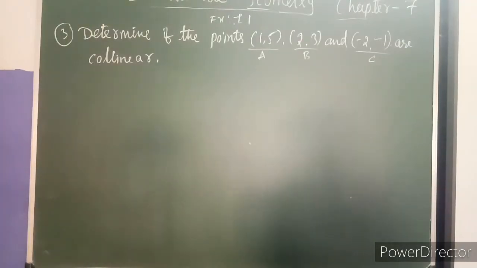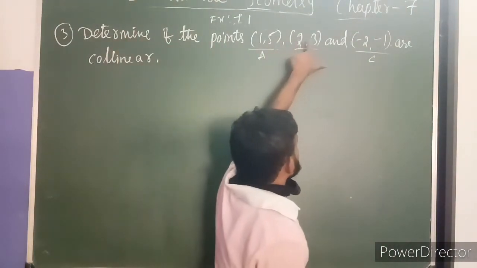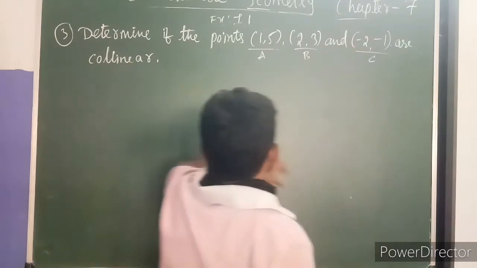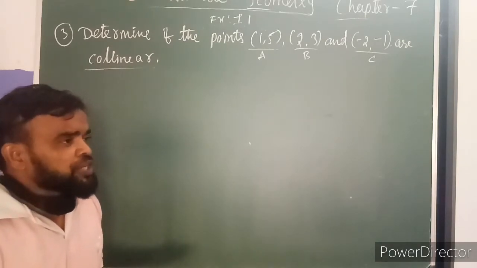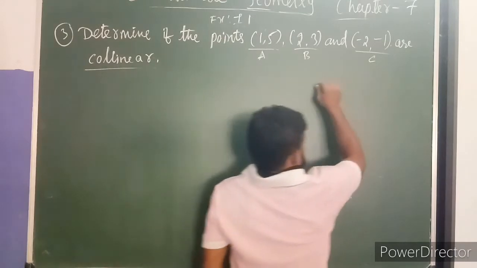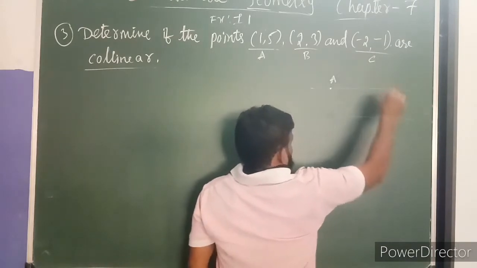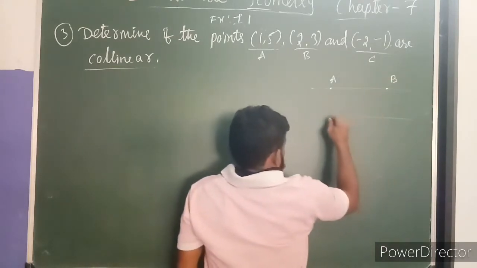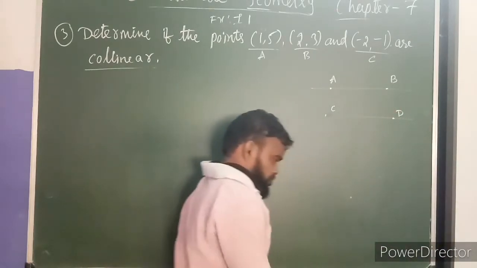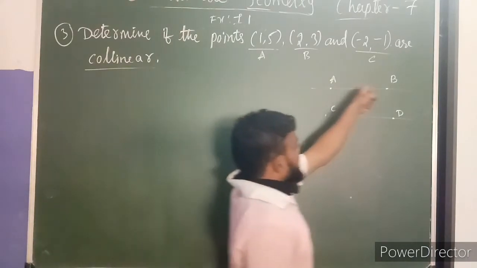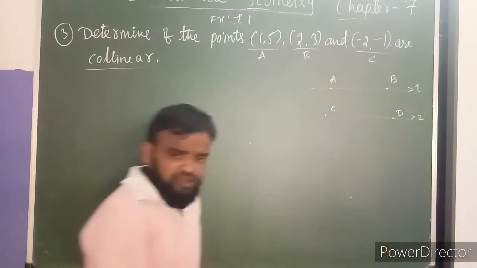So the third one, the given question: determine if the points, that is the first one, 1, 5, 2, 3 and minus 2, minus 1 are collinear. What is collinear? What do you mean by collinear? For example, this is one track, this is another track. Point A, point B, point C, point D. This is track 1, this is track 2. Right? So here,